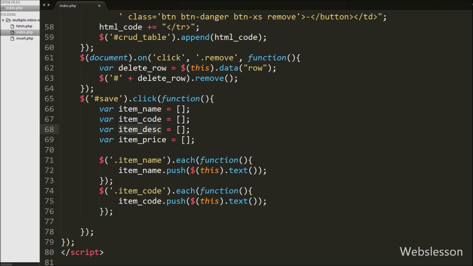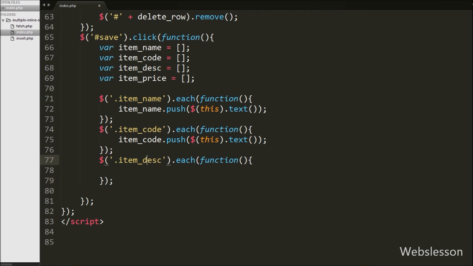After this we want to get the item description table column data and store it into the item description array. So in the table, the item description table column has class item description, so we have written $ with the table column class item description with the each method with a function. Under this method we have written the item description array variable with the push method, and under this method we have written $ with this selector with the text method. Here the text method will fetch text from table data and the push method will push this value into the item description array